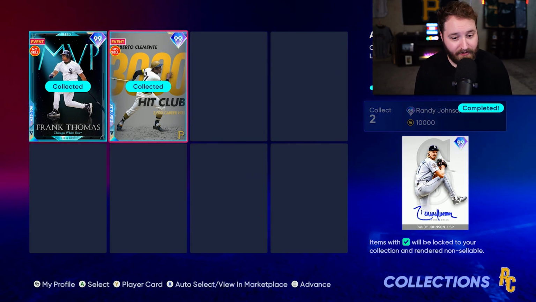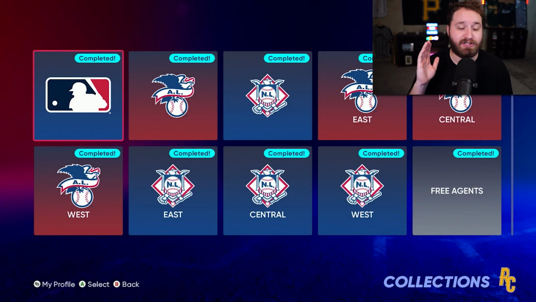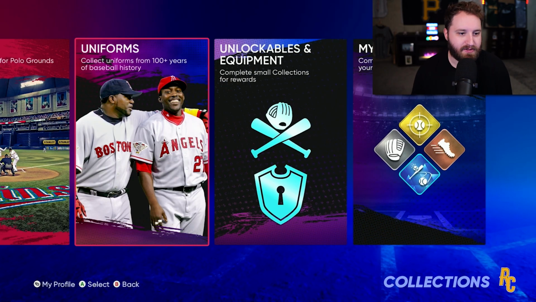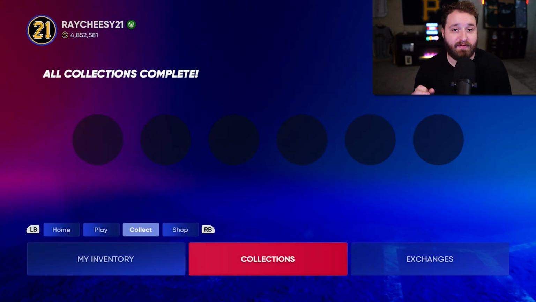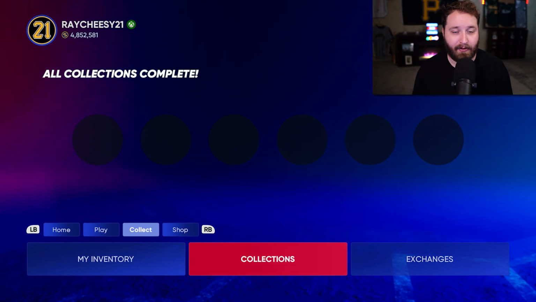Could be Jeter, he's coming to the game, but this is always a card you definitely want to have off the rip as soon as you can. Then there are just some other smaller ones too, like collect stadiums, uniforms, all that stuff. But collections are a huge part of Diamond Dynasty, so make sure you guys are taking advantage of that, looking at when you need to collect things,